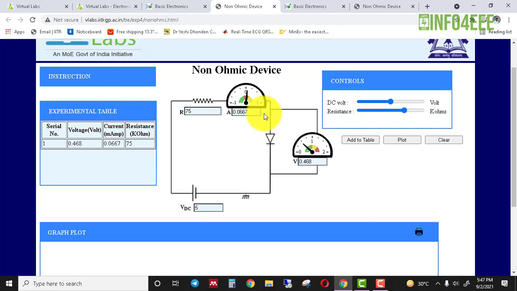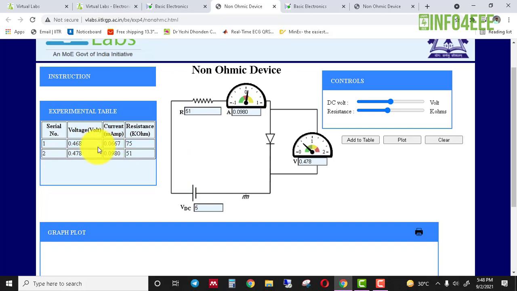It means that when we apply 5 volt DC across this diode and resistor circuit, the current flowing is 0.0667 milliampere and the voltage drop across the non-ohmic device, the silicon diode, is 0.468. Now we decrease the resistance to around 51k, click on add to table and take a reading.